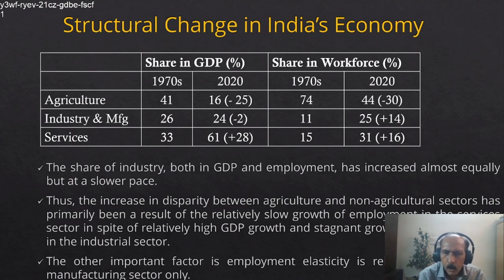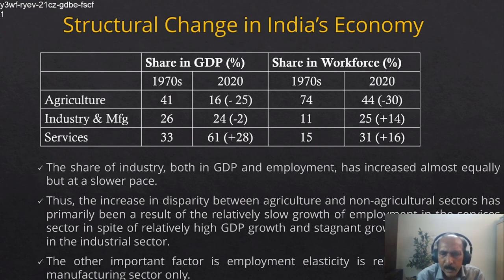One is the organized services sector, which comprises modern services like telecommunication services, information technology services, information technology enabled services, or financial services, that is banking services or insurance services. All these are modern services, and essentially more knowledge intensive and capital intensive, and